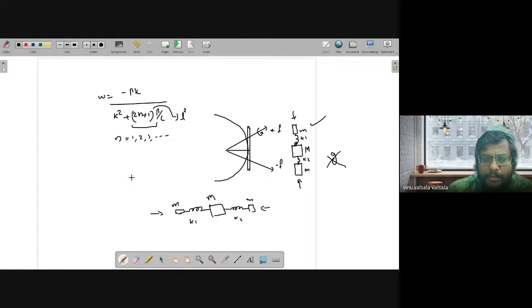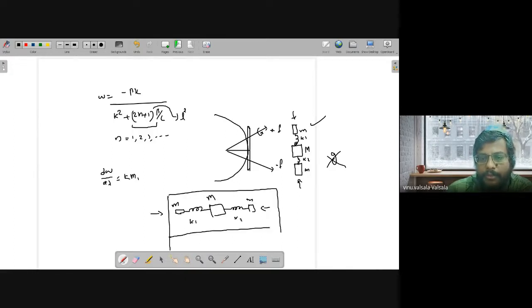But what are the governing forces here? The d omega by dt is equal to k m1, right? So do you know how to solve this? Or if you are not remembering, you can go back to some simple harmonic oscillation books which might have solved it. So this forms a system of linear equations in which you can solve the displacement of each of these masses in time in terms of the geometry of the system, which is the mass of the system and the spring constant k.